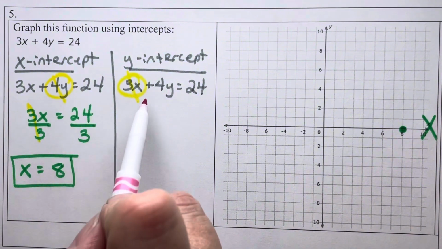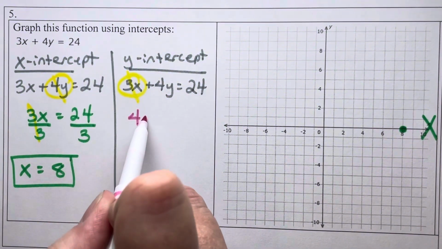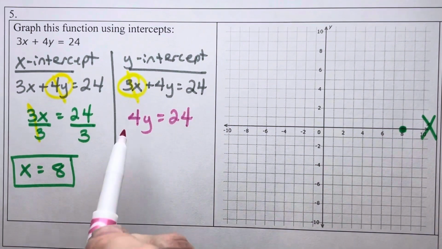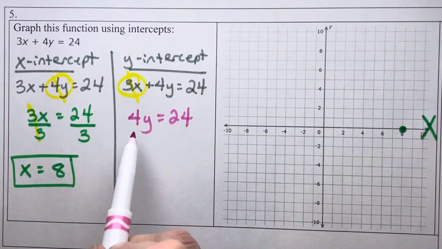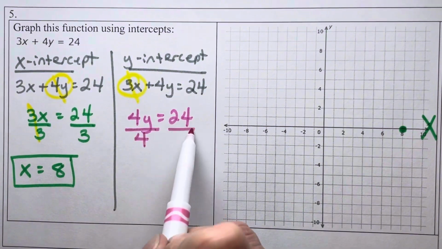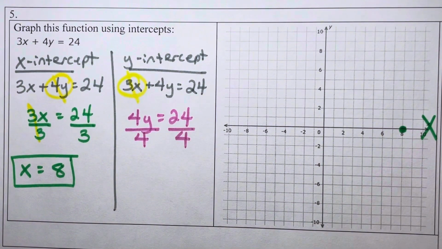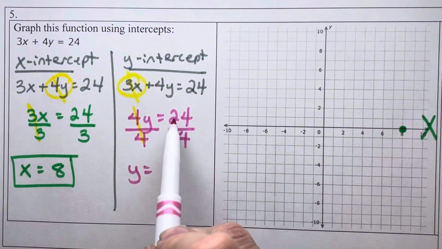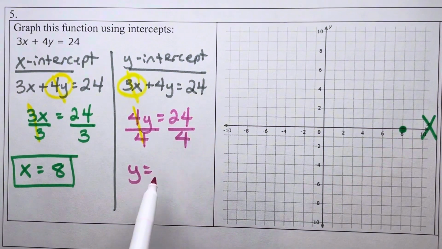Afterwards, rewrite your tiny equation of 4y equaling 24, and then if necessary, solve for y, which it is because I have a coefficient in front of that y. So I divide off the 4, canceling it out, so that our y-intercept is found with 24 divided by 4